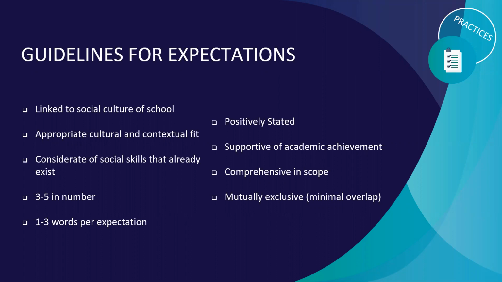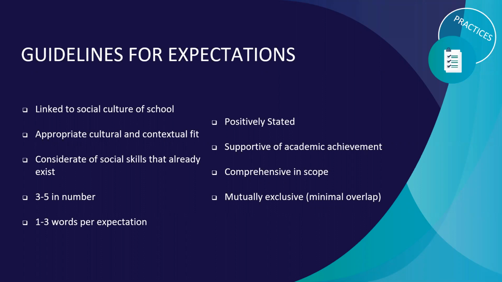They should be about 3 to 5 in number, no more than 5 typically. And they should be stated briefly in about 1 to 3 words. So something like be safe, act responsibly, things like that. They should be stated positively, right? We want to be clear about what we want students to do rather than what not to do,